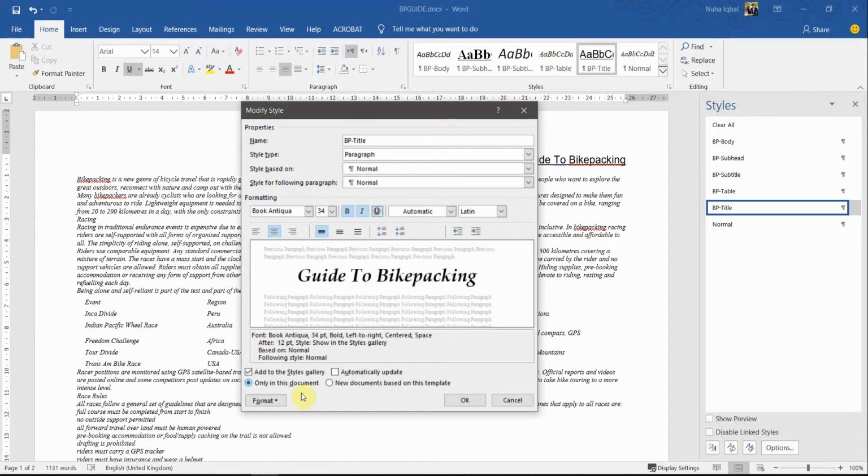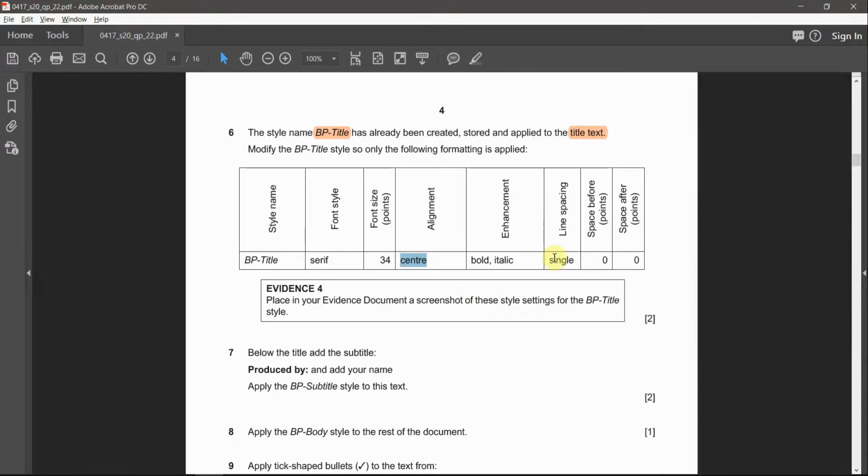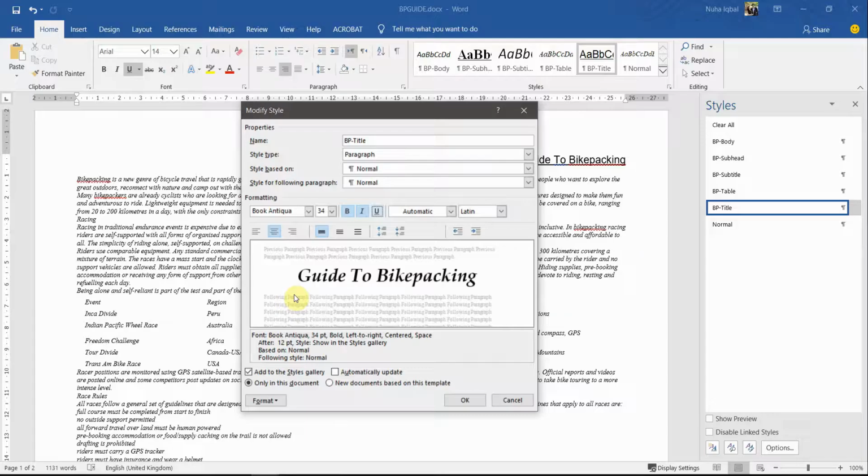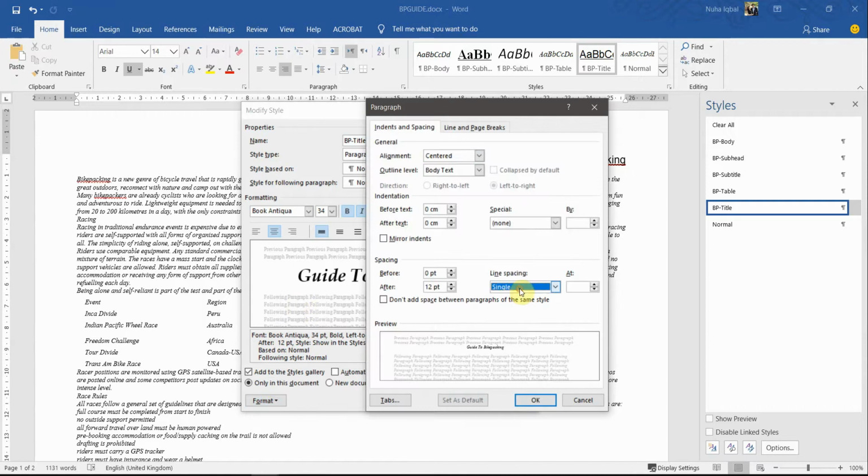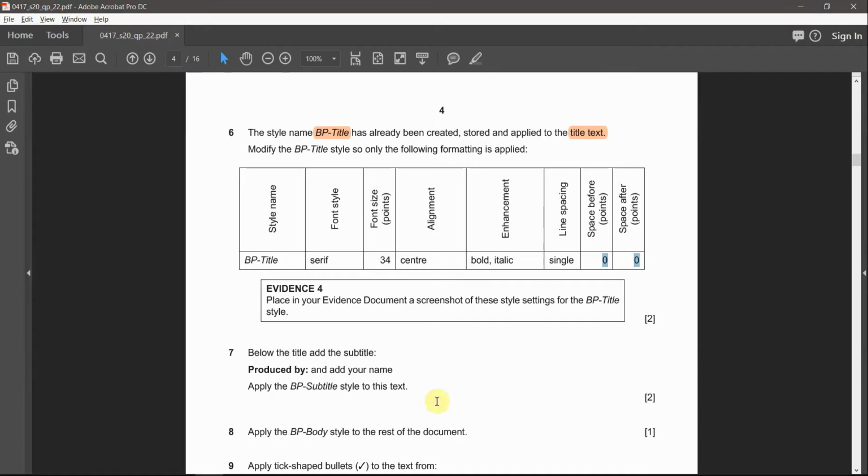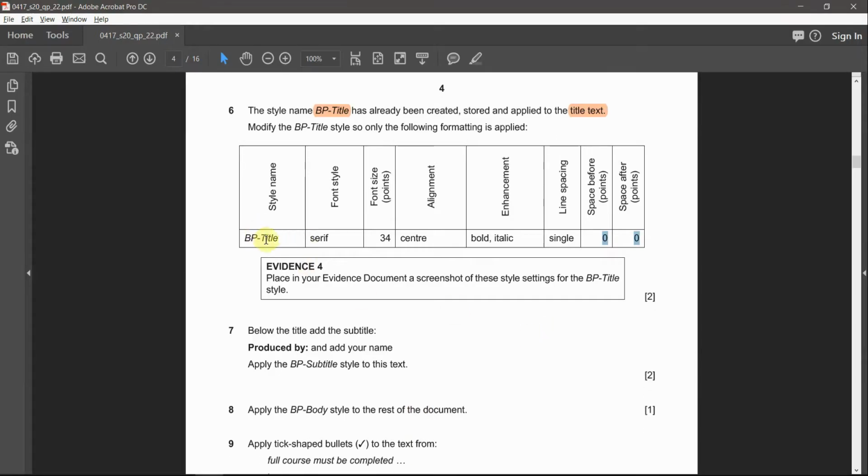So we have to remove the underalignment. Single and 0, 0 for both before and after. Let's check it. So it is single, but here it is 12, so we have to make it 0, 0. Okay,